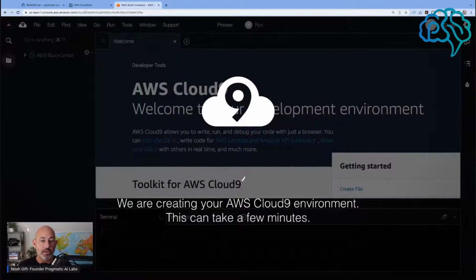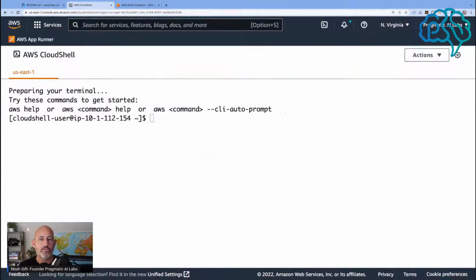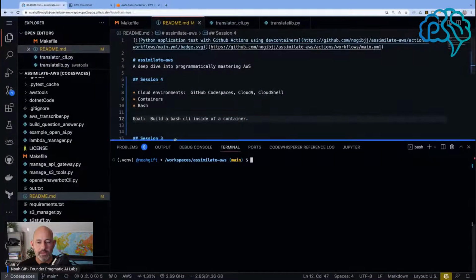So now I've got 3 environments. I've got the GitHub Codespaces environment, the CloudShell environment, and a Cloud9 environment. And in fact, we can make all 3 of these work together with containers. That's one of the cool things that you can do with containers. So I would say the first thing to be aware of here is that